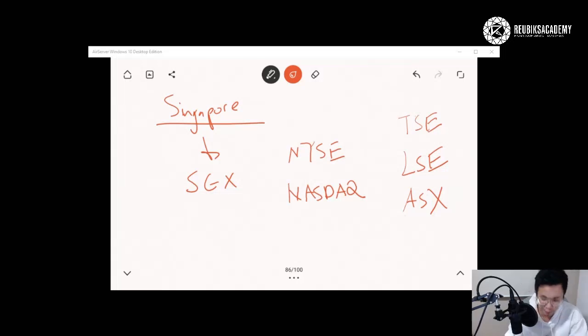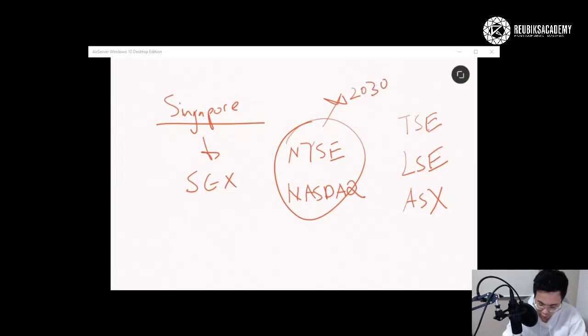Okay, so for example, I'm living in Singapore. For me, the New York market only opens at, depending on whether there is daylight savings, it can either open at 8:30 or it can open at 9:30, right?